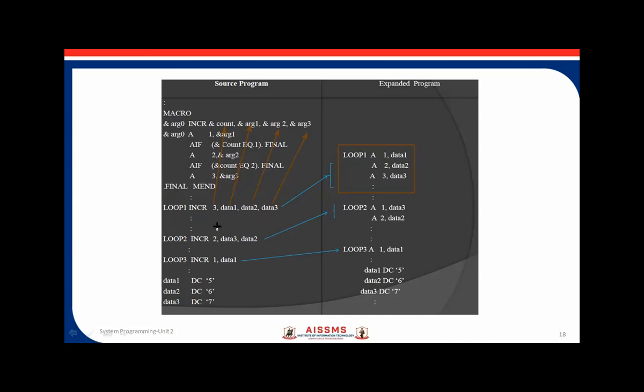So this is how, when you make a call, the actual arguments are replaced with the dummy arguments. Wherever you find argument 1, in that place data 1 goes. Wherever you find 2 comma argument 2, data 2 will be replaced, and where there is 3 argument 3, data 3 will be replaced. This is how the macro expansion takes place.